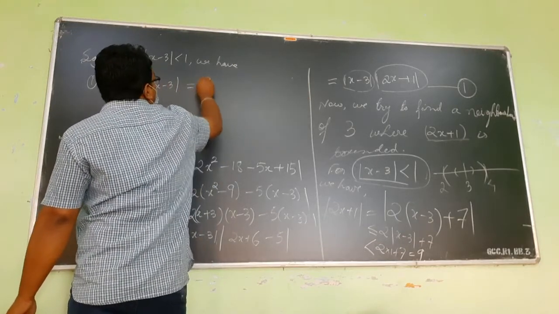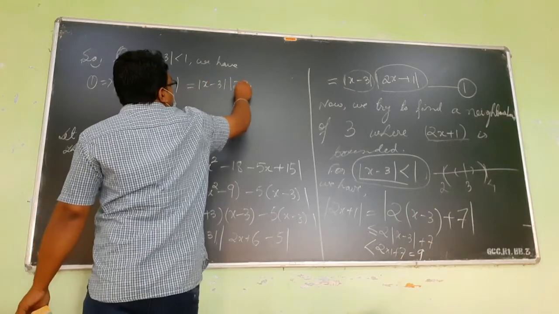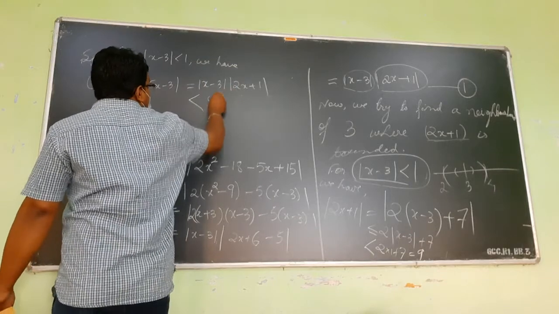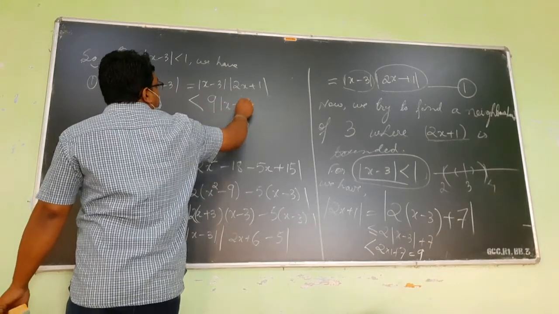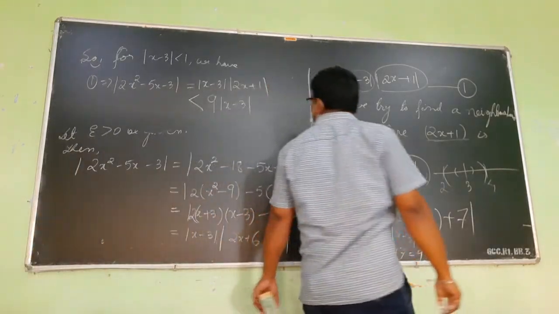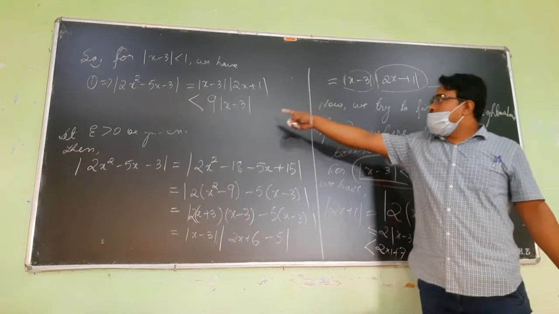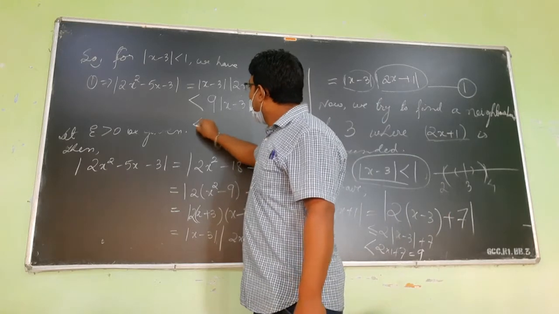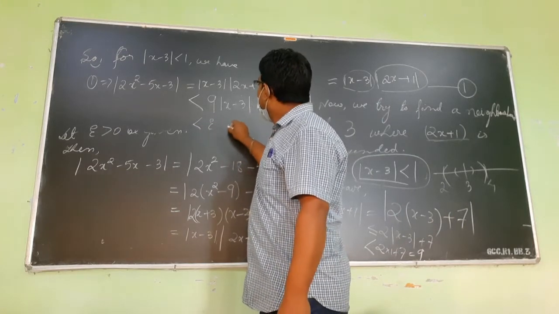This was actually equal to mod of x minus 3 into mod of twice x plus 1. But in this neighborhood, this is strictly less than 9. So this is less than 9 into mod of x minus 3. So this quantity is less than 9 into mod of x minus 3. Now can I make it less than epsilon? This will be less than epsilon if we take